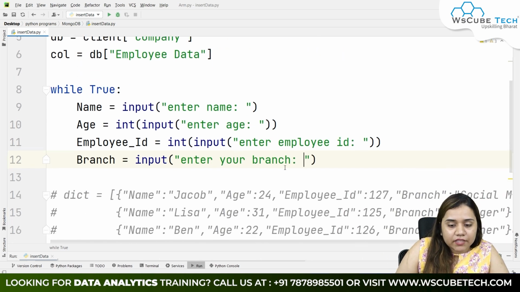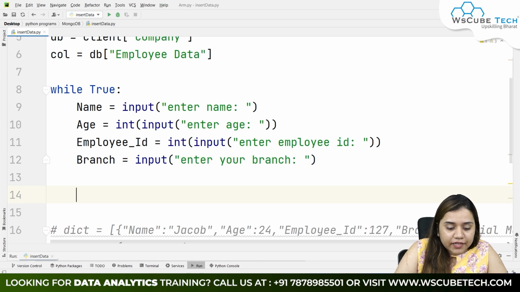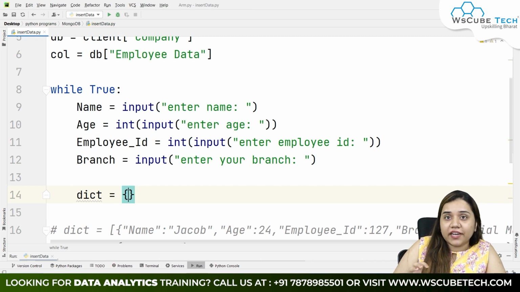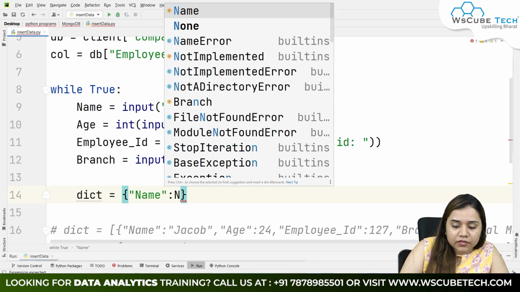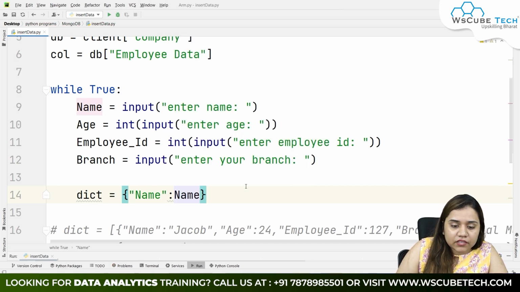Now once we are done with this, we need to store it inside a dictionary. So for that I'll be creating a dictionary over here, dict is equal to, inside this square bracket. Because we are adding one data at a time, we can simply put a dictionary like this. The keys will be the name, and the values would be these variables that we have written down over here, that is this name.